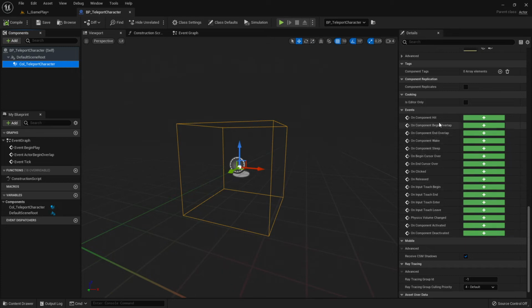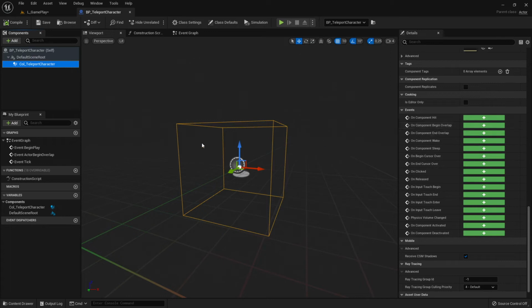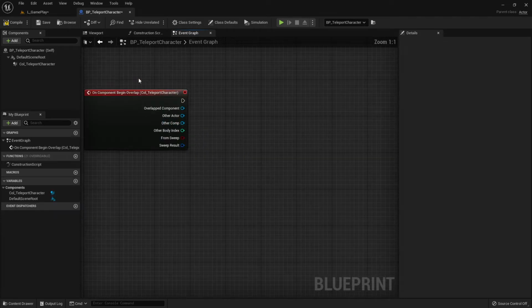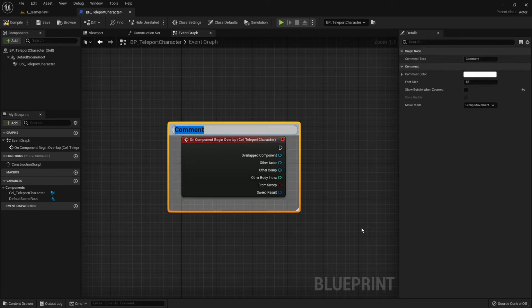And these events are activation events, which means this collision box will react to something or to a person or anything. In my case, I want this collision box to be activated on begin overlap, which means anything overlapping this collision box, which I have to define, then it should be activated. And this activation means here, in programming terms, this start node collision box will activate it. Let's call it with a comment, press C and say